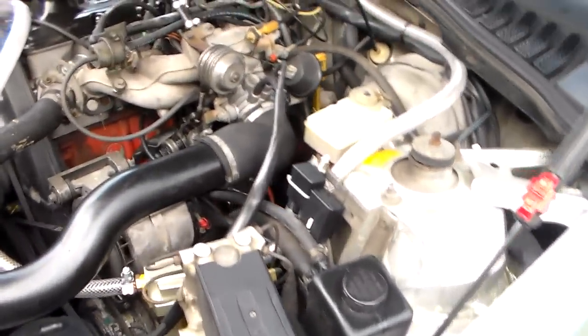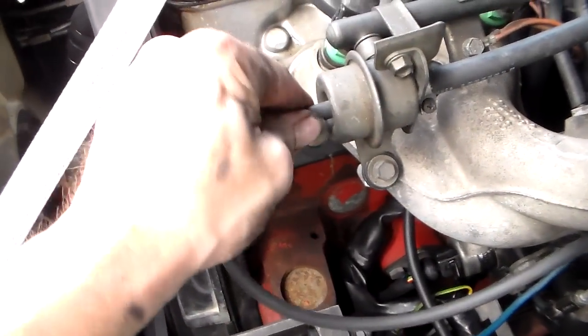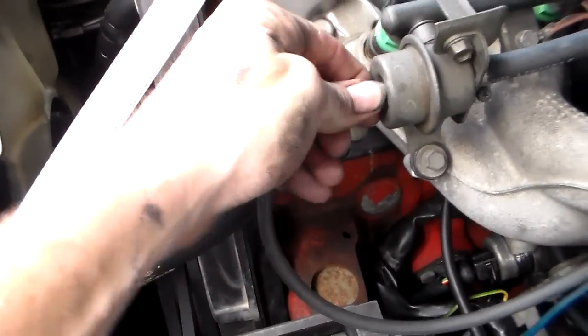So I decided to go a different route, and I found some hoses. This is just washer hose or something like that, and got it put on there, and it fits great. It's nice, and you know, it's on there tight. I don't think,